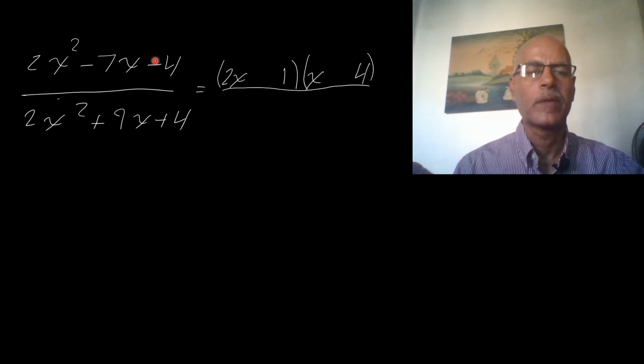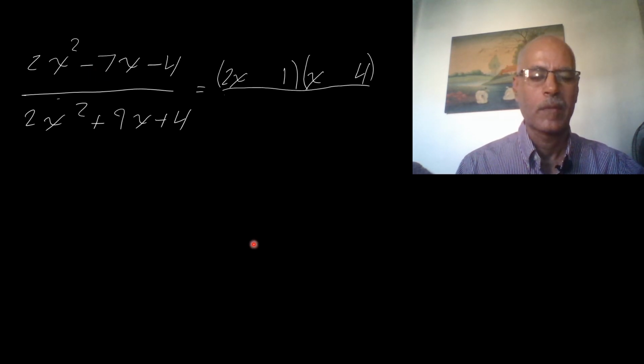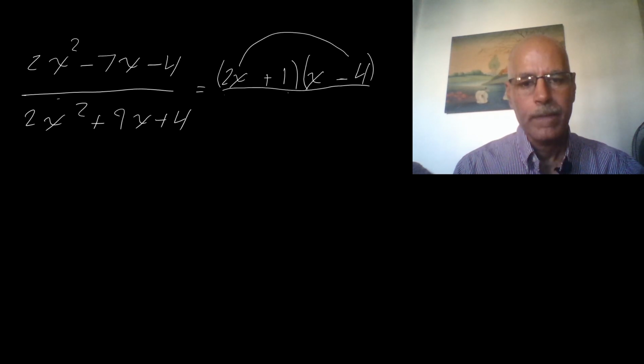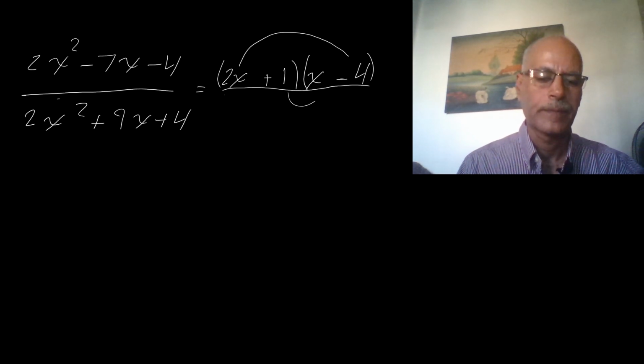The greatest one will equal the middle sign. So it's negative and positive. 2x times 4 is 8x, minus x gives negative 7x. Okay, over